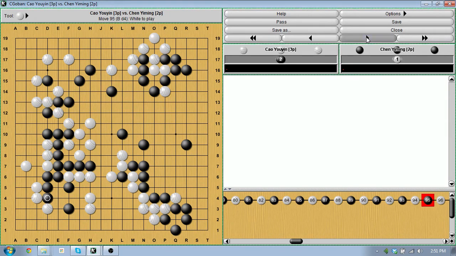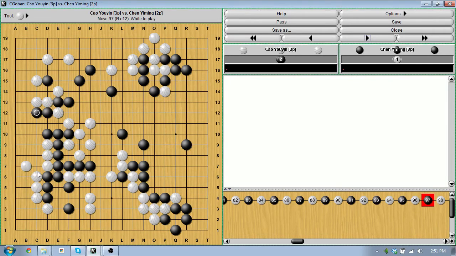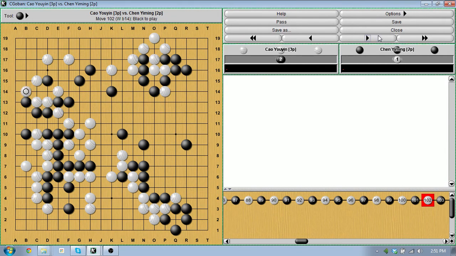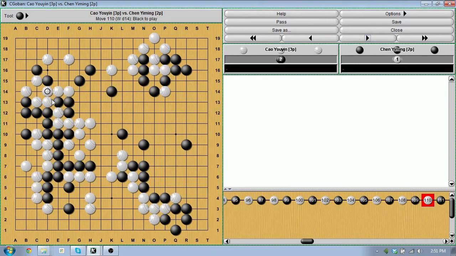And now it gets a little dire. Black comes back to make an eye, manages to do it in sente, because white protects here, and then black comes down to try and get the second eye over here. And black is able to, just because there's just a little bit too much going on here. So black actually takes advantage of all the aji,